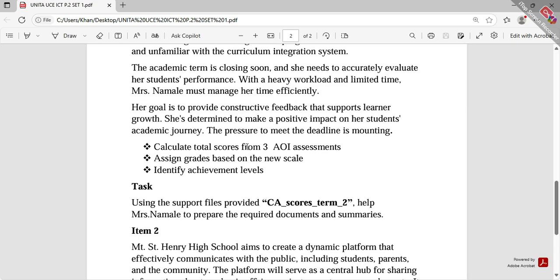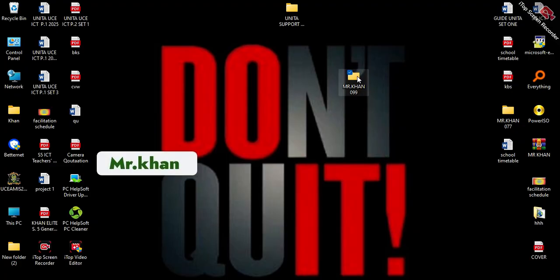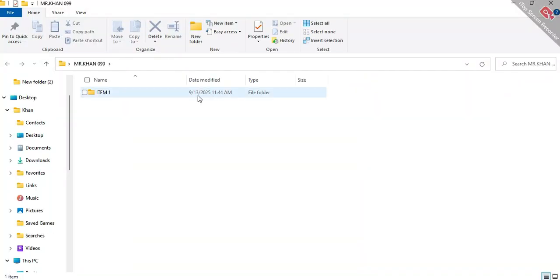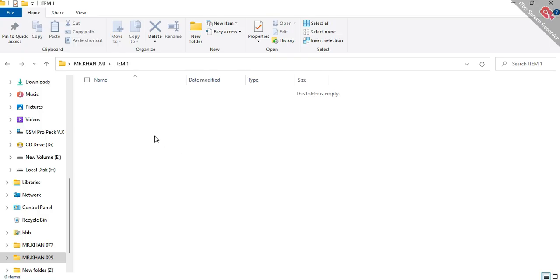Calculate total scores from 3 AOI assessments, grade based on the new scale, then identify the achievement levels. So what we shall do, we shall come back and open our personal folder, our item 1, then